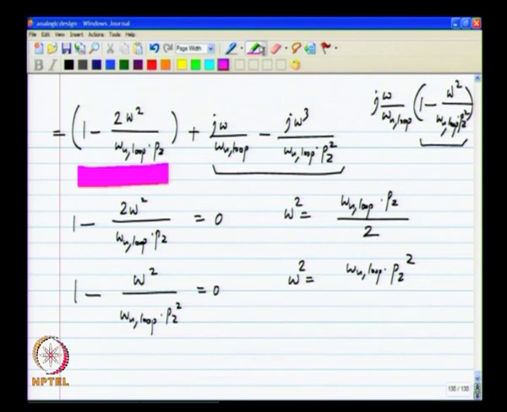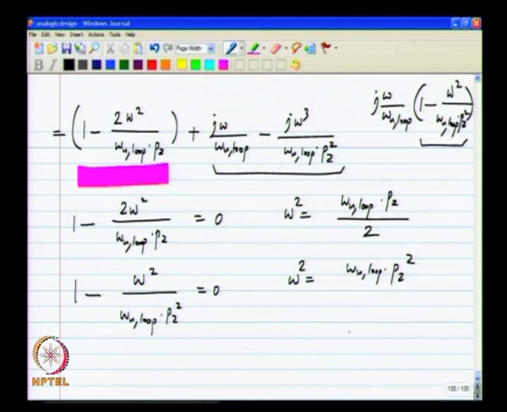So, we have two variables here, the actual frequency at which the denominator of the closed loop gain becomes 0, so the gain becomes infinity, and also the value of p 2 for which it happens. So, by equating these two, we see that if p 2 is omega u loop divided by 2, these two equations are satisfied, and also omega will be equal to